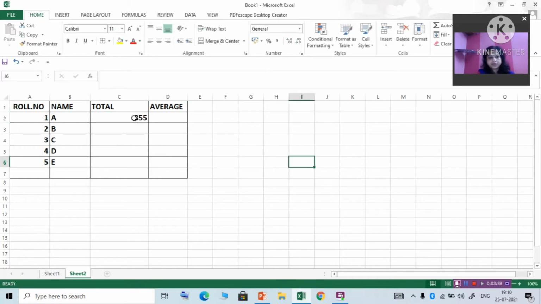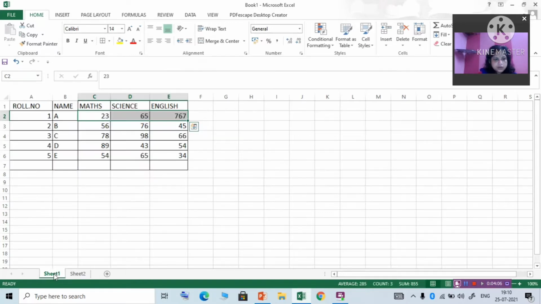Okay, now you can drag it here. Oh, sorry, it becomes 767. That's so big a value. Okay, let me change it. Only 67. Now you can see how the data is linked.